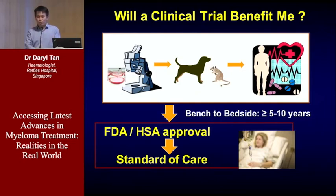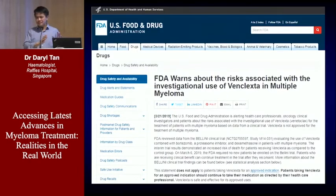For instance, about 1 week ago, the FDA issued a warning on the drug venetoclax in multiple myeloma. We were very optimistic that this drug could benefit a subgroup of patients with multiple myeloma. It came as a surprise to me that this was associated with higher toxicities. But whatever it is, as doctors, we are always keeping abreast with the latest developments so that we know the risks involved with clinical trials, with every single drug out there, so that whenever there are hints or signs that a certain drug may not be safe, we will always